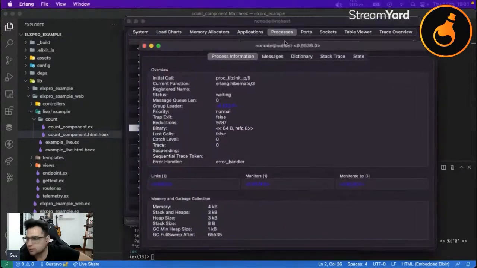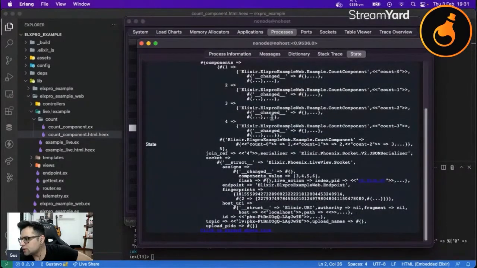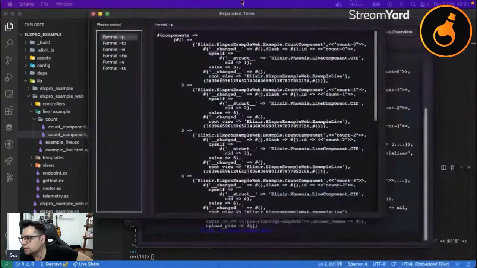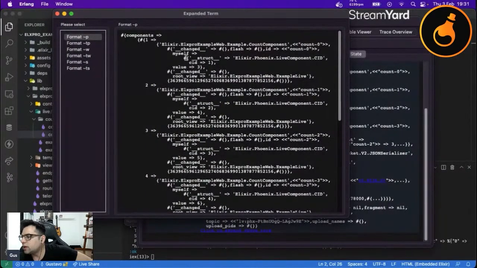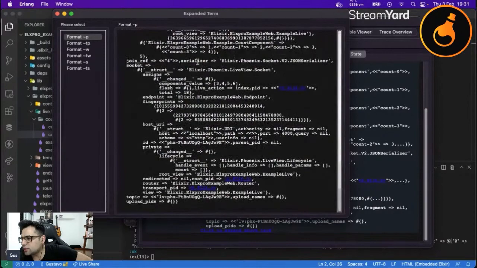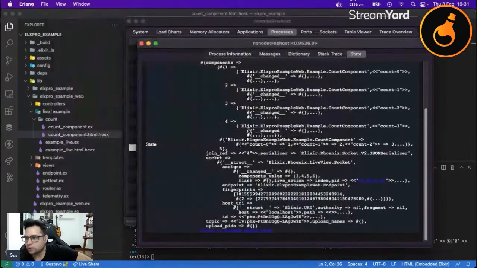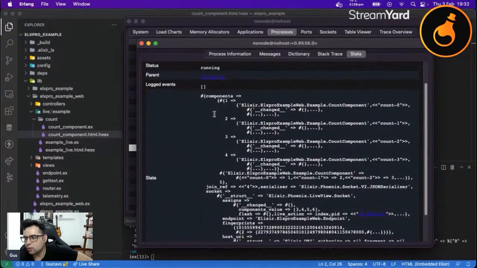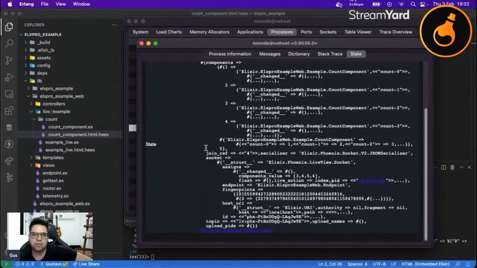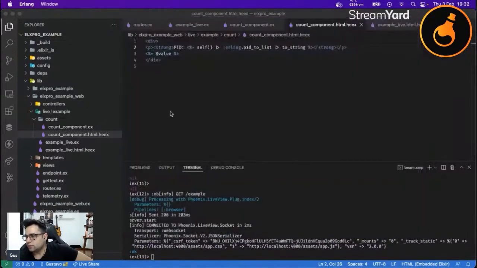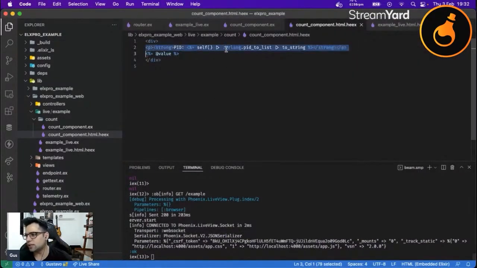And then if I go to state, as you can see, we have pieces of components here. If I show you the whole state, we'll have our count component. Count, the ID is count-1. Then we have the value, but the process is the same. So basically, as you can see, we have a map. The page is a map. And inside this map, we have components, which is a map as well. So now, as we understand how the process ID works,